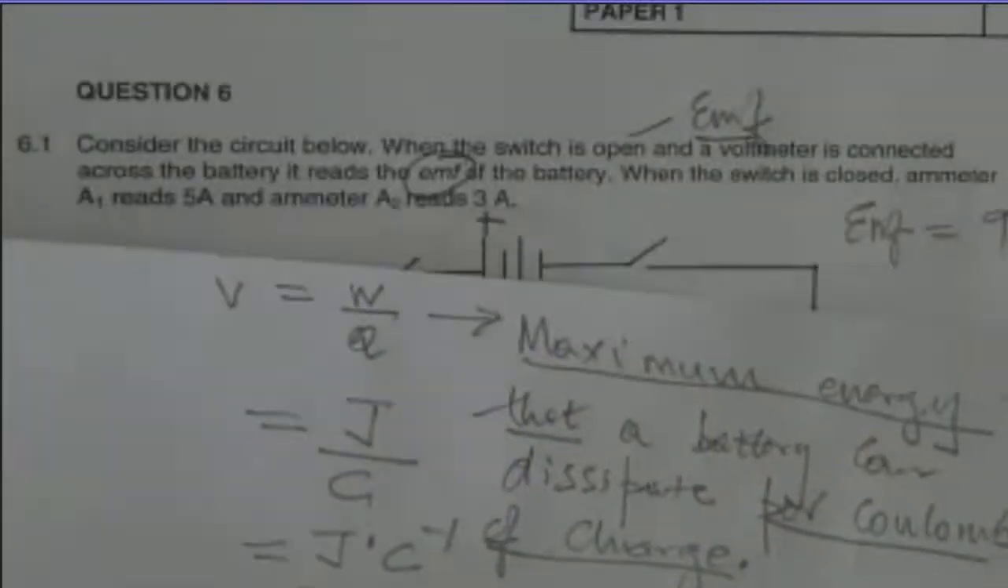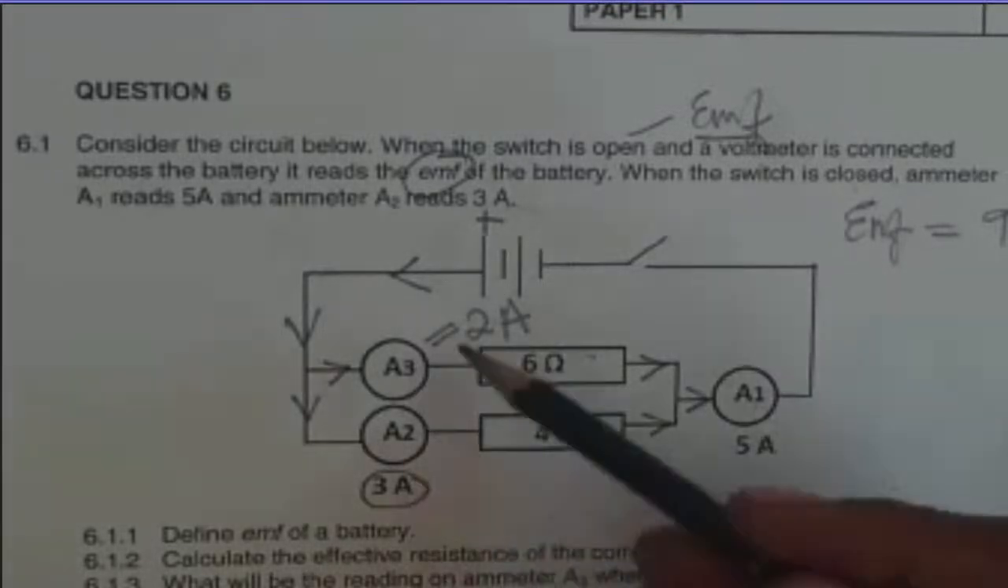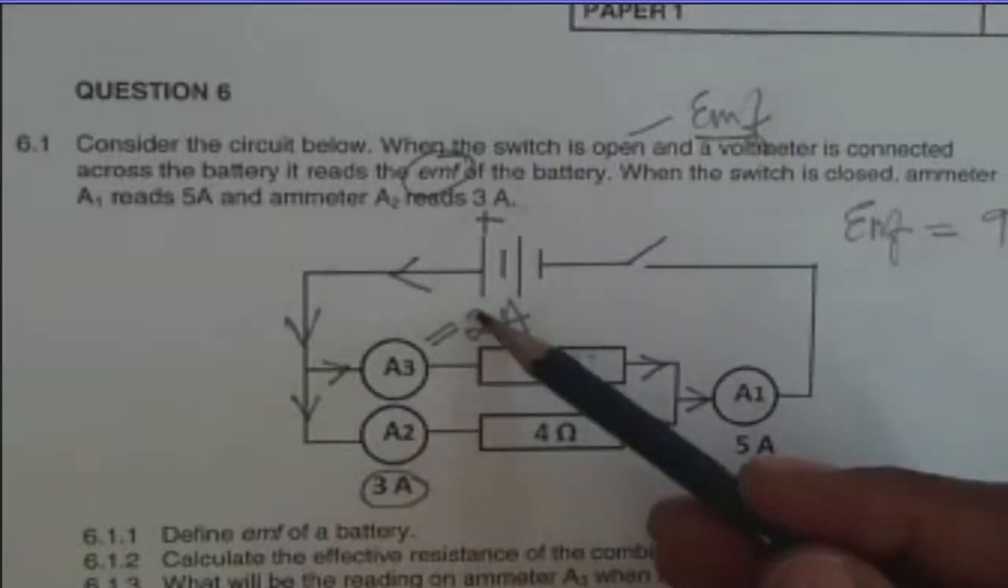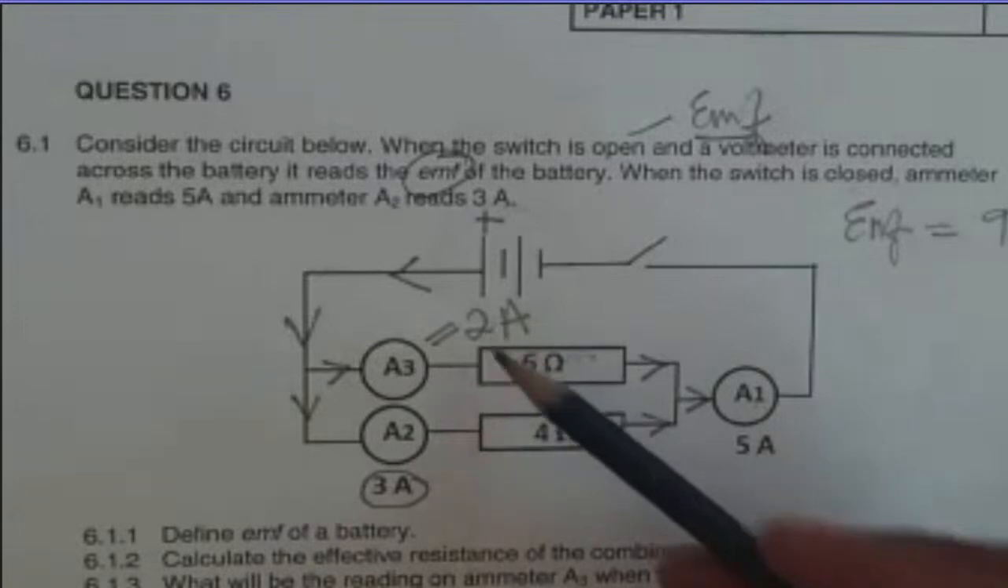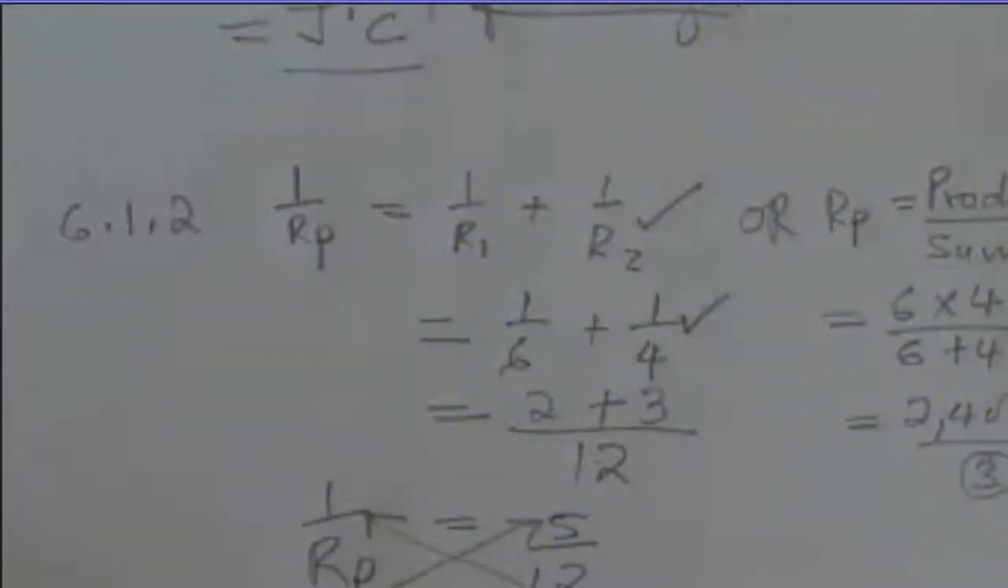Okay. Then the question continues to say, now, what will be the reading on A3 when the switch is closed? So now you can see we have already answered that question. So the answer is 2 ampere, but now let me write it down. How do you write that 2 ampere? How did you get it? 6.1.3,